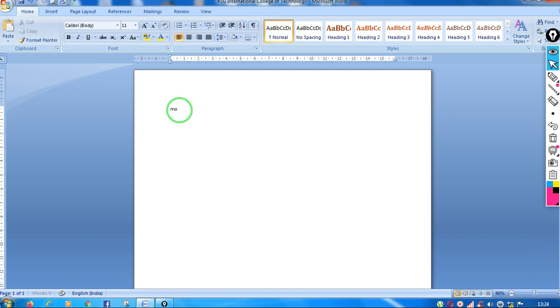Or if you write MOU and press the space, automatically you can see the text has been converted into, or replaced with, mouse. So this is a feature of autocorrect. This feature we generally use for those words where we generally make mistakes, like THE, the, and. So these are the words in which we generally make mistakes. In that case we will be using the autocorrect feature.